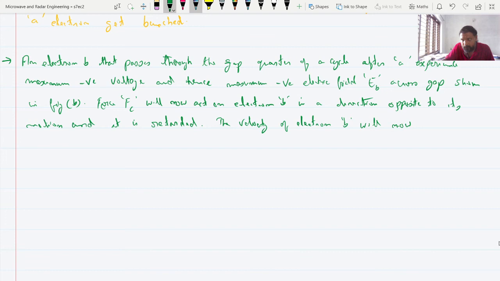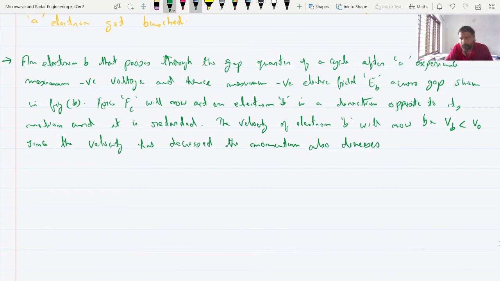Since the velocity has decreased, the momentum also decreases, and the depth of penetration